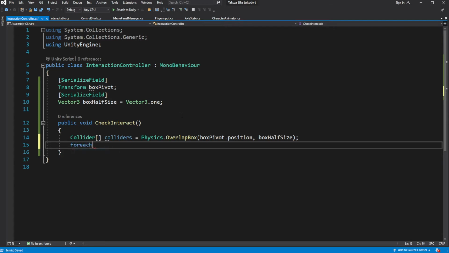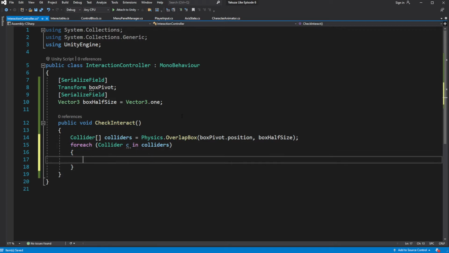Then cycle through all the colliders inside this overlap box. And check if this collider has an interactable component, and in case it does, call interact and break out of the cycle.